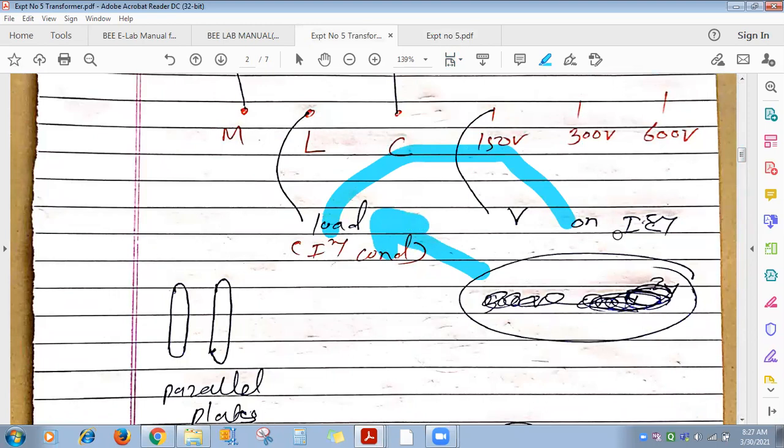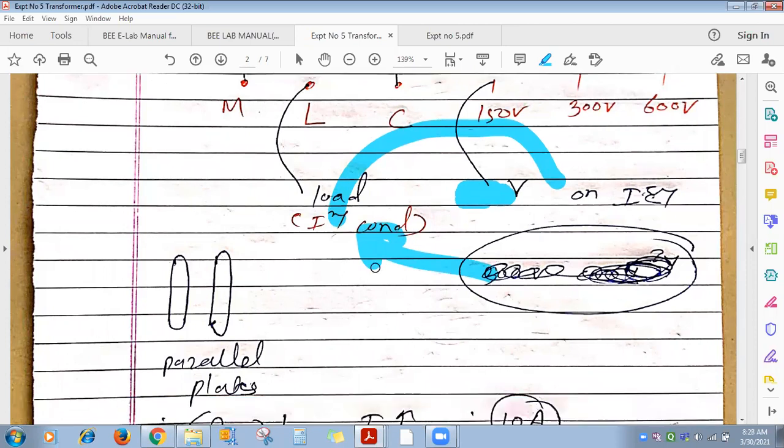This scale ends at 750 watt. Below this scale, on this scale, some blank space is over here, so here it is written 5 ampere, 10 ampere. Below the scale, here 4 screws are there, and 2 plates are there. Using these 4 screws, you can connect these plates in parallel or in series.